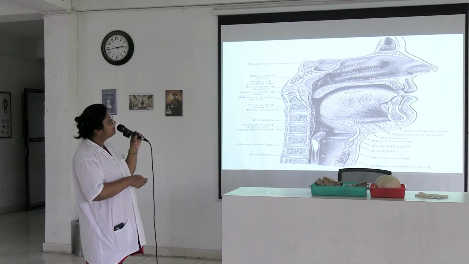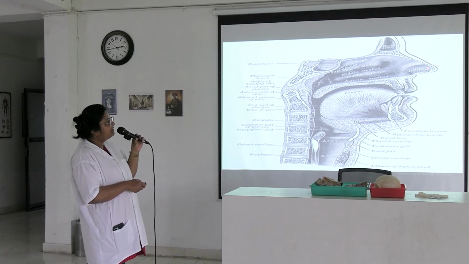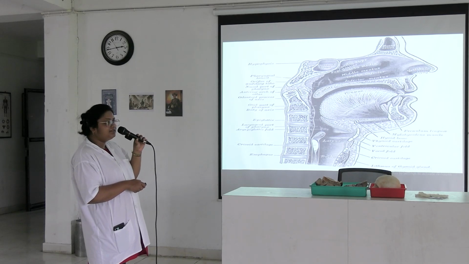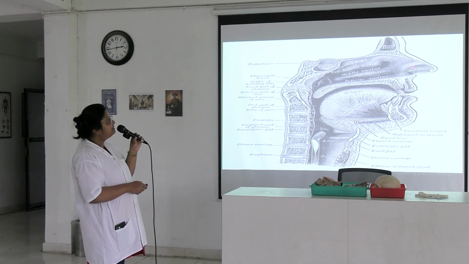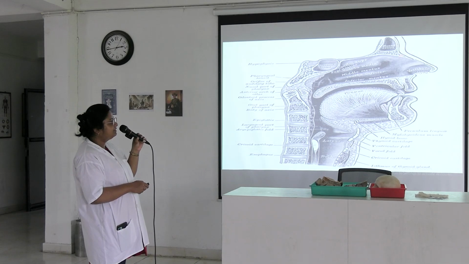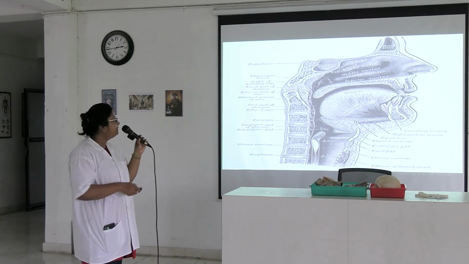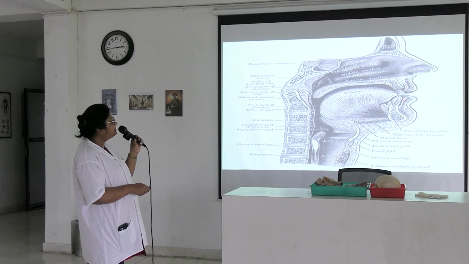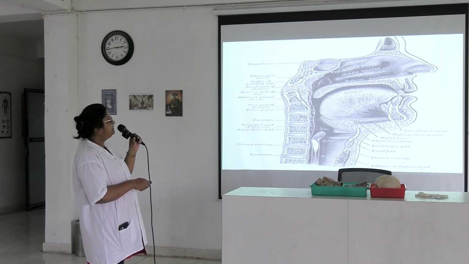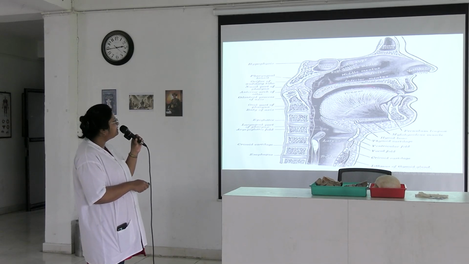This is vestibule. See here, you can see this hair and blackish skin like structure, and above the vestibule this is limen nasi. Above this limen nasi, this depression is the atrium, and which is bounded above by a ridge that is known as agger nasi. Okay, so this is teeth, gum, in between the lips and gum here is the oral vestibule, hard palate, soft palate, here will be the pharyngeal isthmus.